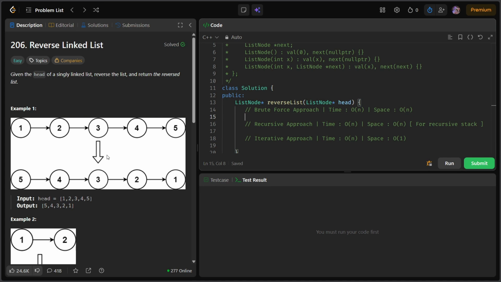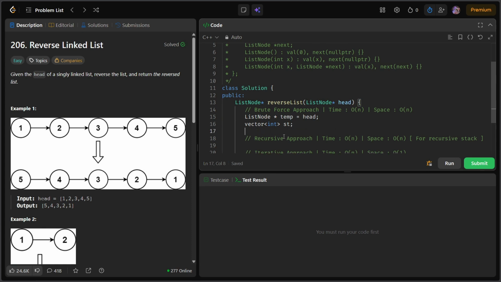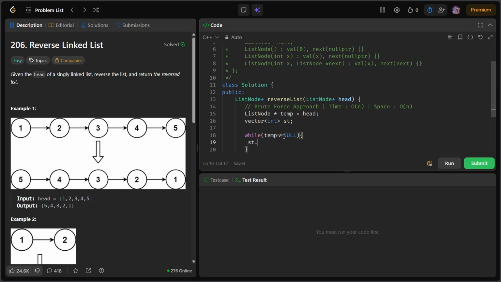First thing we'll need is ListNode star temp is equal to head. This is going to help me iterate over this linked list. We also need a vector to store the values, and I'm going to name it st. Next we'll iterate over this list. While temp is not equal to null, st dot push_back